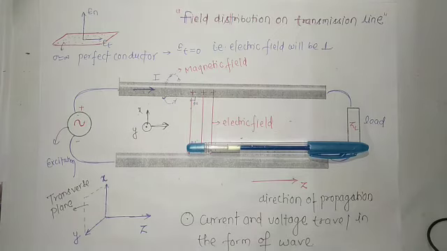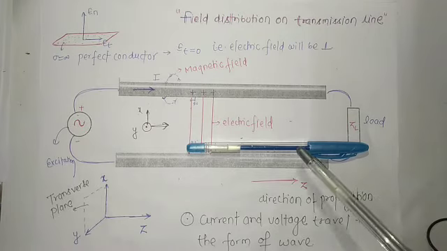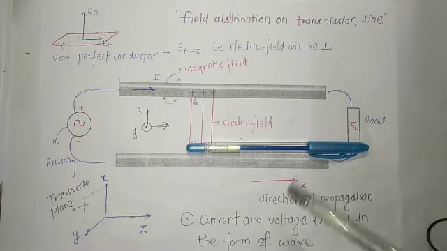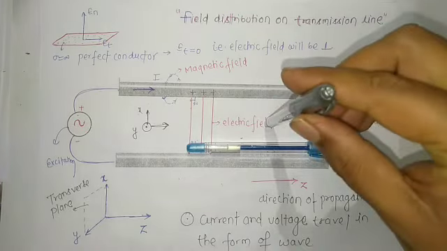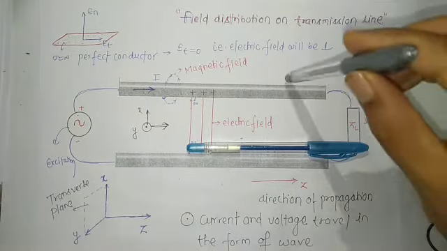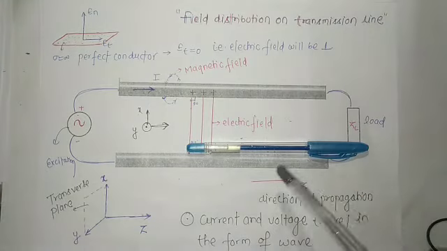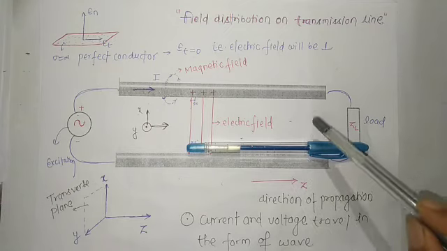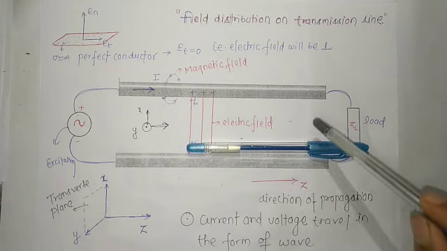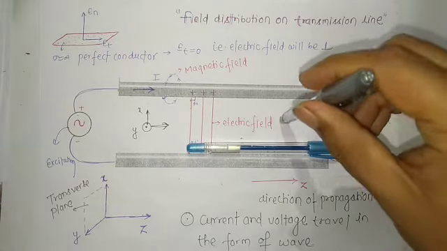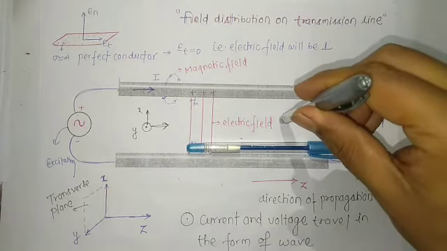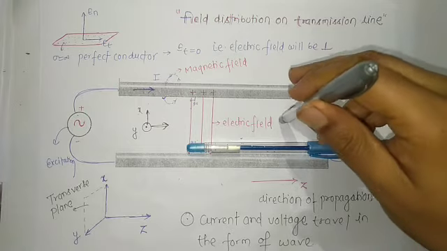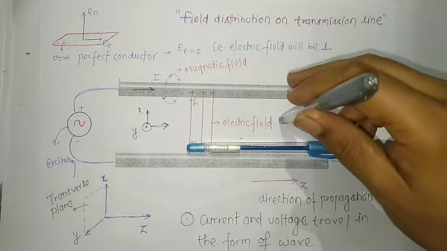First we have to understand what is the tangential component and what is the normal component. Okay, so can I say for this paper, this pen is parallel to this paper and this pen is perpendicular to this paper. Okay, let's see. This blue pen will be the tangential component and this pen will be the normal component. What do you mean by normal component? It means it makes a 90-degree angle with the plane.